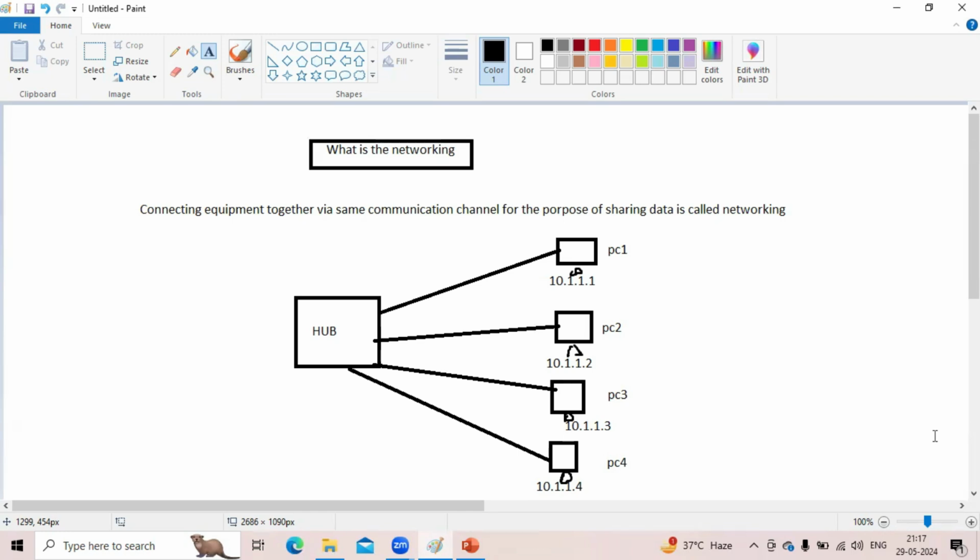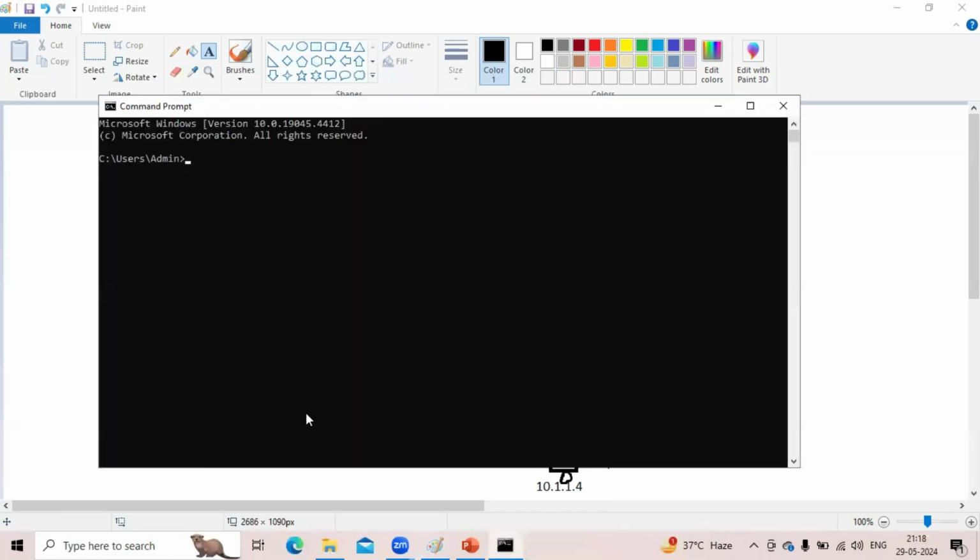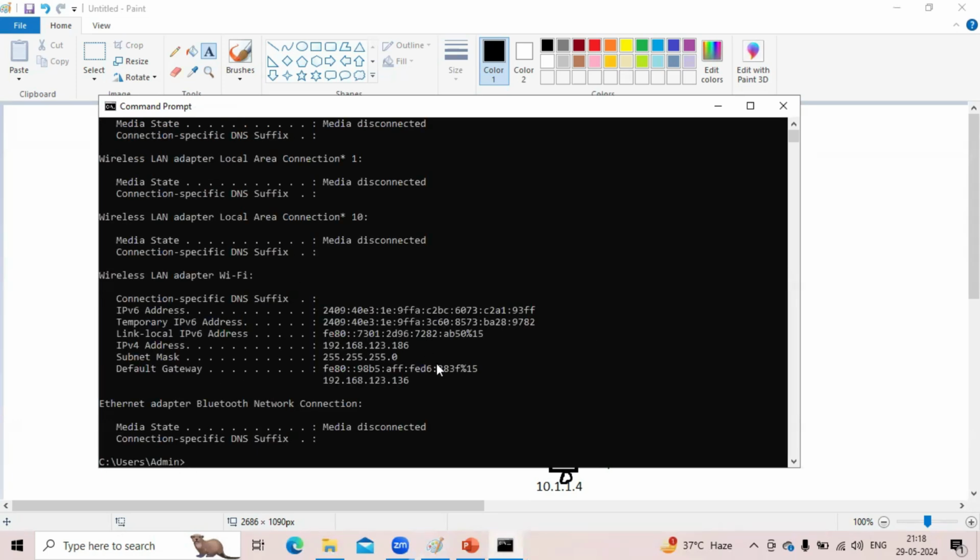If you have multiple PCs connected from one system to another system, or any device or gateway anywhere, and you want to send something, we need internet connectivity, right? If you go here, you can find the IP address. Give the ipconfig command. I will explain what ipconfig is later, don't worry. In ipconfig, I have connected the wireless, and in the wireless, I'm getting this IP address.